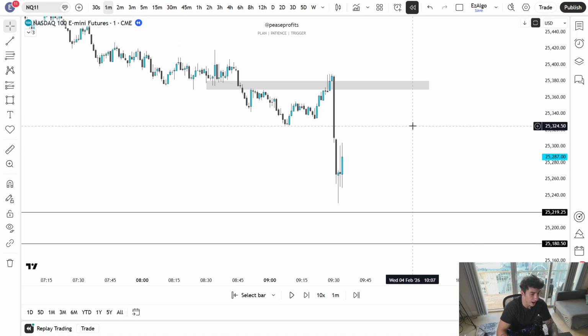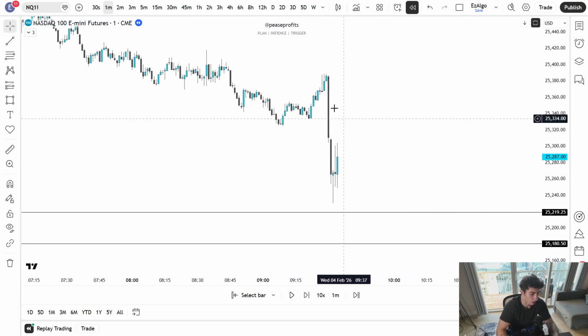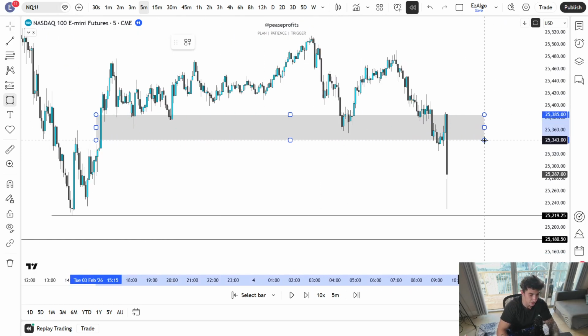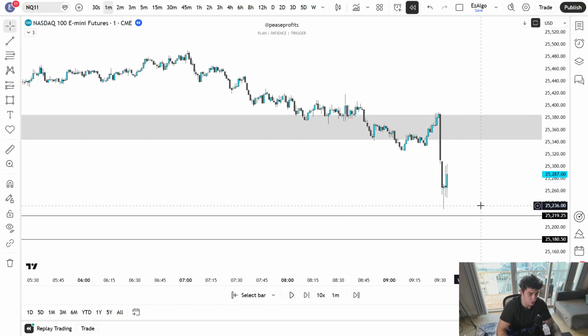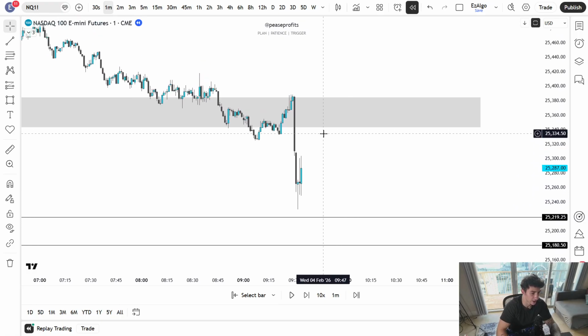So I actually thought I missed a trade. I thought I missed a short for the day. I thought we were going to run all of these lows off of this initial move here during market open, right? We were failing these bullish imbalances here as well, closing below. So I was like, you know what? There's probably like a 90% chance that we just run all of these lows and I just get off for the day because this was the only draw on liquidity I was looking for.